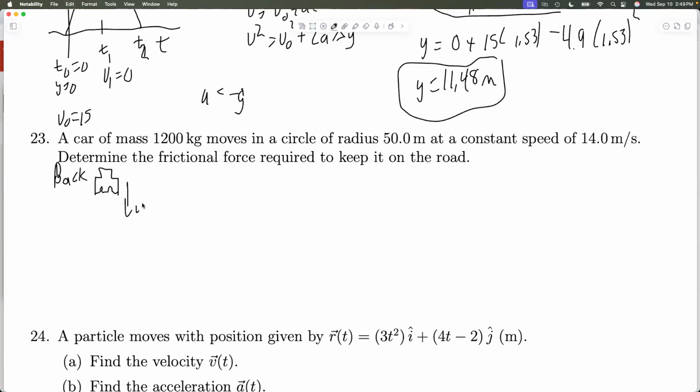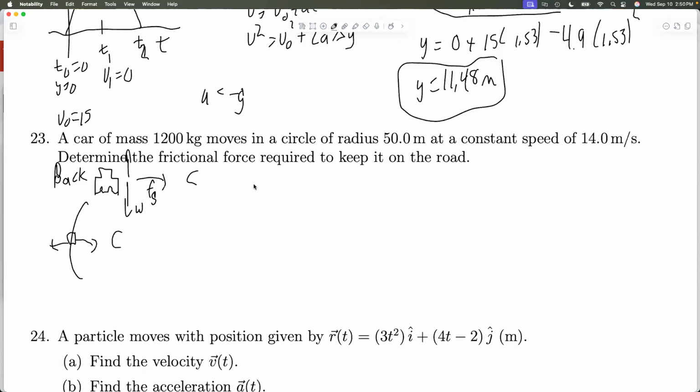All right, so we're going to have the weight pushing down, the normal force pushing up, and we'll have some frictional force here, some static frictional force pointing toward the center of the circle. So we're looking at the back of the car, and it's trying to turn to the left. Or sorry, to the right. So the car is trying to turn around like this, trying to go that way. The tires want to slip out this way. See, he's out here on a curve. The tires want to slip that way, so some frictional force will point back toward the center